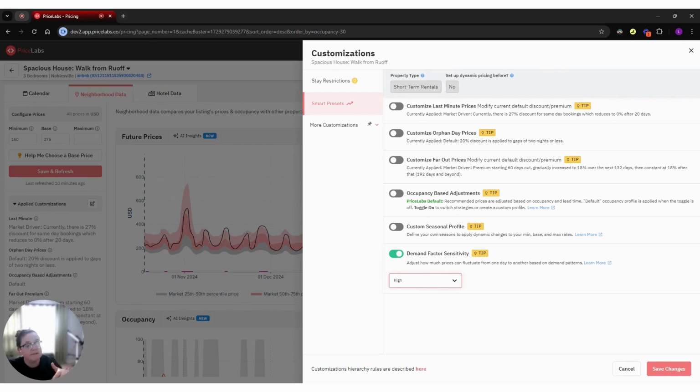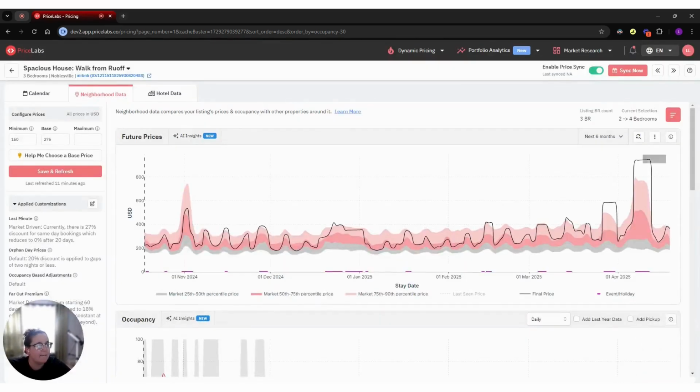And for low demand days, you're okay dropping prices. Those are the two differences between here. I'm going to go ahead and keep mine at recommended, just so I don't mess with my own chart here. And then another option that it can show you is if you are seeing really good pricing and you